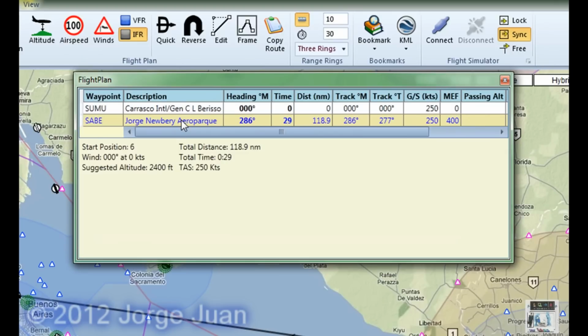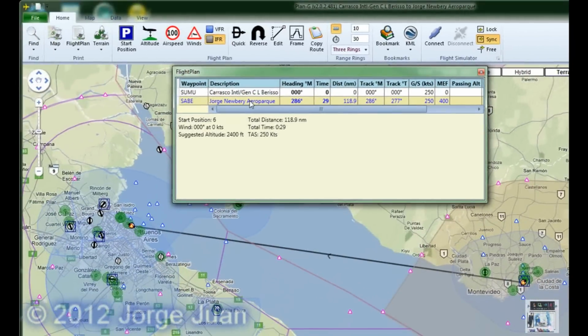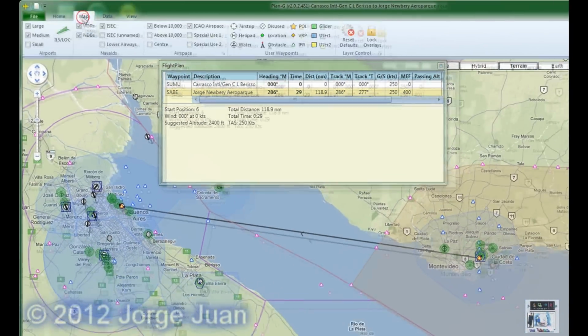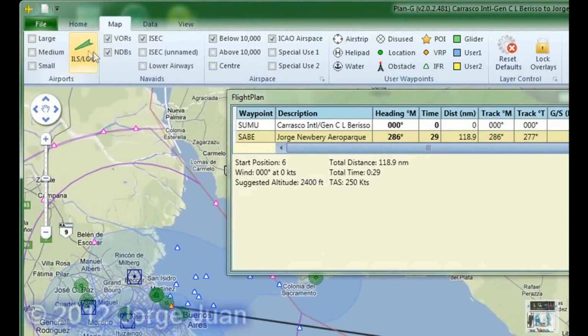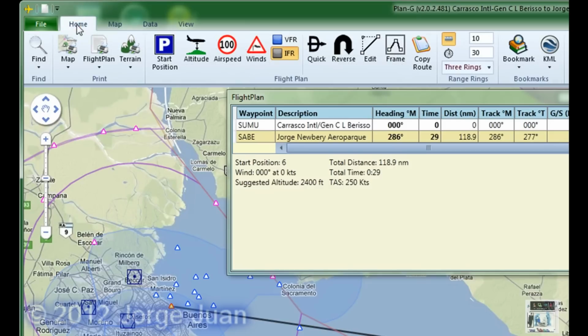Now, since this is going to be a VOR to VOR flight, I want to declutter the map a little bit, and to do that I'm going to come here and unclick the airports, and I don't want the NDBs, I just want to see the VORs on the map. Now, to edit the flight plan, let me go back to the home